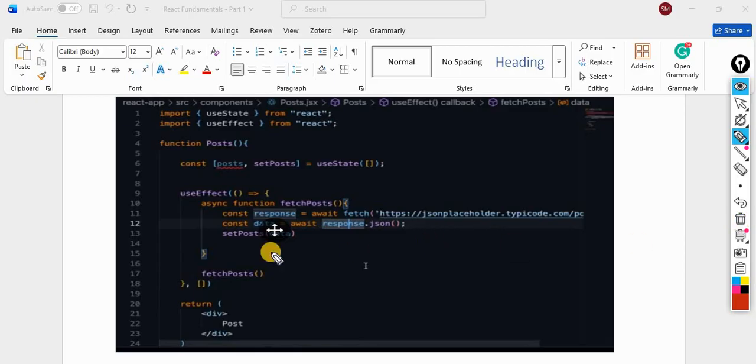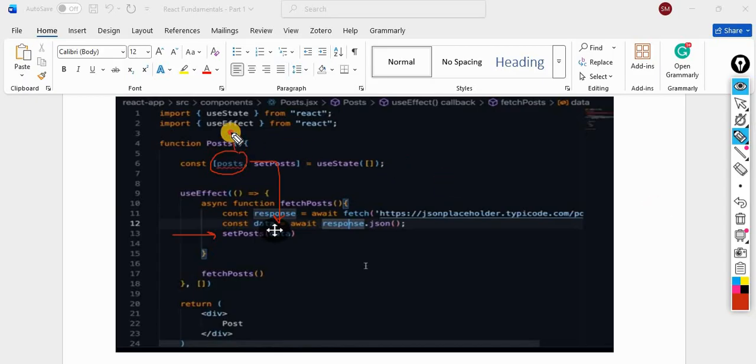The function setPosts is used to update the state. Which state will be updated? This posts state will be updated, and now it contains this data. Is this clear to you?